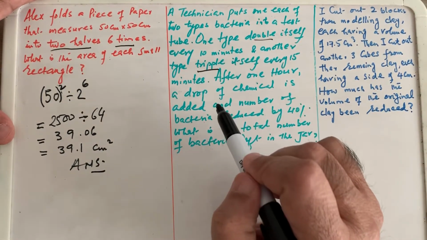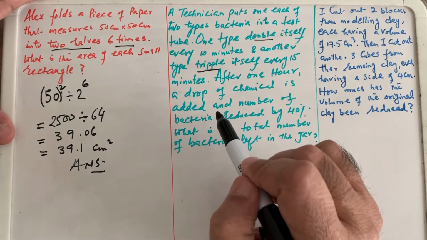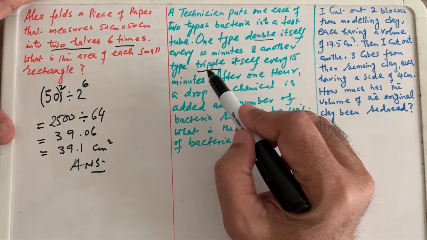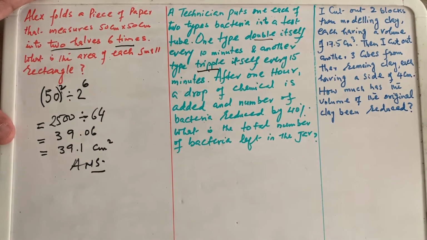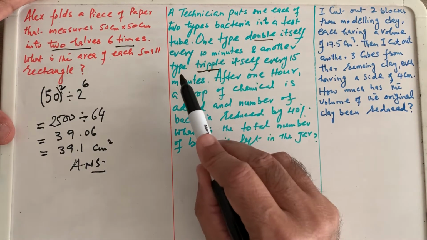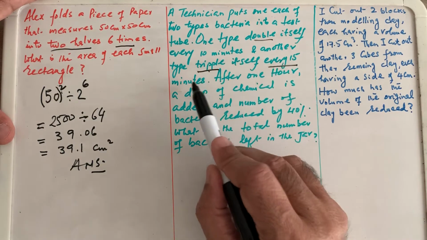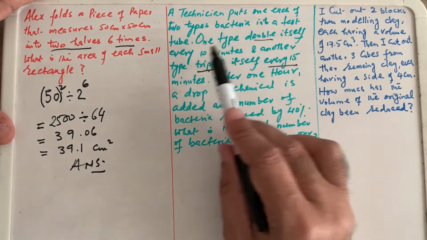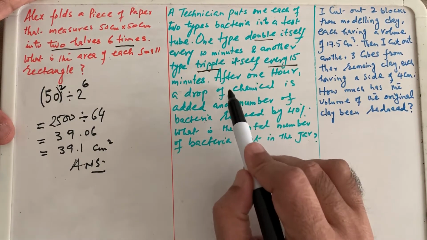These are the powers, but to which number will the power be raised? This we have to see, right? These are the base. Double itself, this is the base, and triple itself, this is the base. To which power it has to be raised, we have to see how it is going on. So another type triples itself every 15 minutes. So one type doubles itself every 10 minutes, and another type triples itself every 15 minutes. After 1 hour,